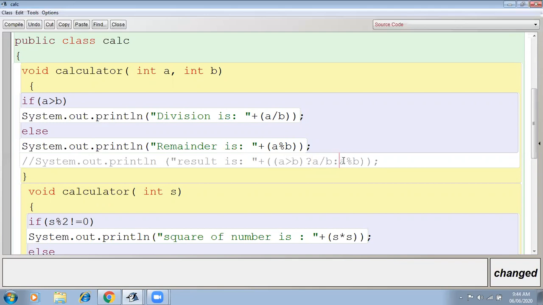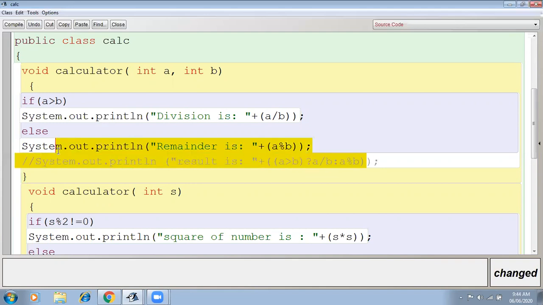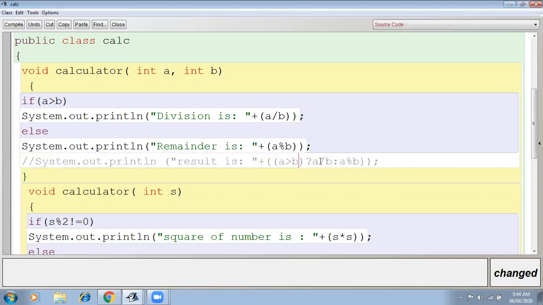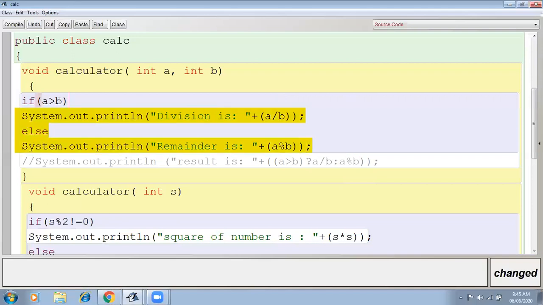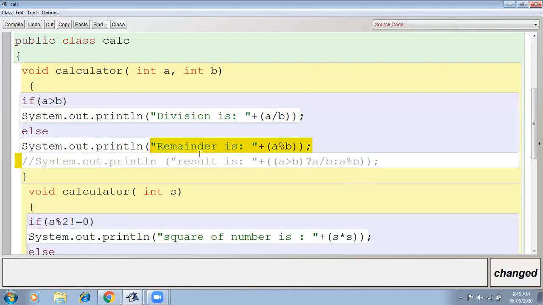Otherwise, the third operand A mod B will be executed. We write this in parentheses in System.out.println, so it directly displays result is. If the condition is true, then this expression will be evaluated; if the condition is false, then that expression will be evaluated. Now it's up to you. If it is not mentioned in the question to use the ternary operator, you can do it by if-else also or by the ternary. It's up to you.